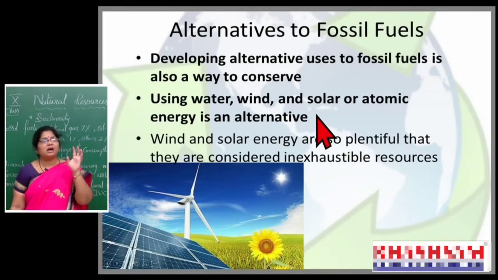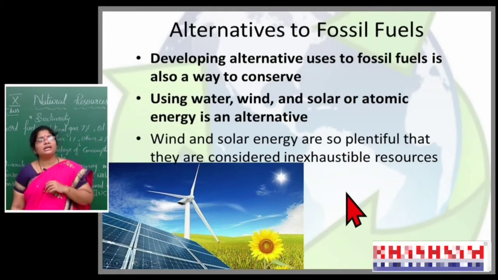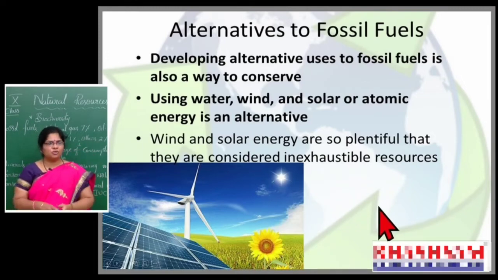So when we start to utilize wind energy and solar energy, then we are able to protect our fossil fuels. Why am I not stressing water here? Because nowadays we are also facing scarcity of water. That's why solar energy is the best option. That is the best alternative source of energy. Wind and solar energy are so plentiful that they are considered inexhaustible sources. They won't exhaust, we will get them continuously, so we had better move towards solar energy and wind energy,